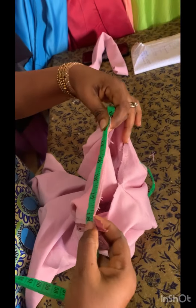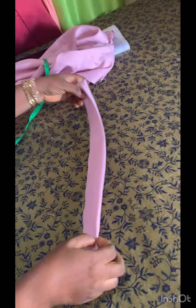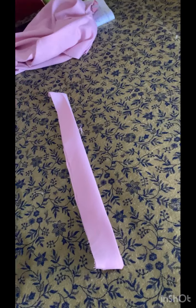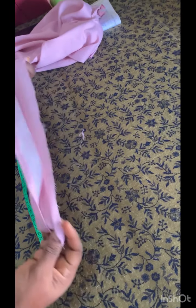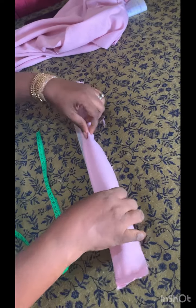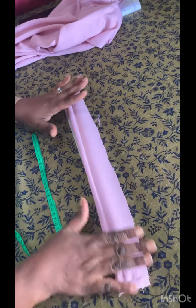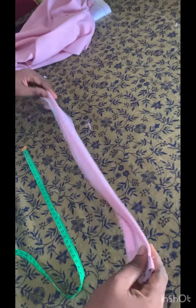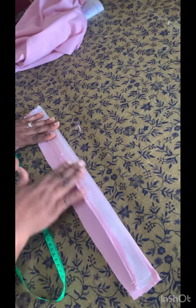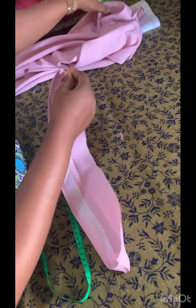So this is 18 inches. So I will cut out the 18, I will add 1 inch to it, that is 19, by 3 inches. So after cutting it like that, I fold it, which I've already done. And I place my gum stay. I press everything. Now what I'm going to do right now, I just place it on the next side